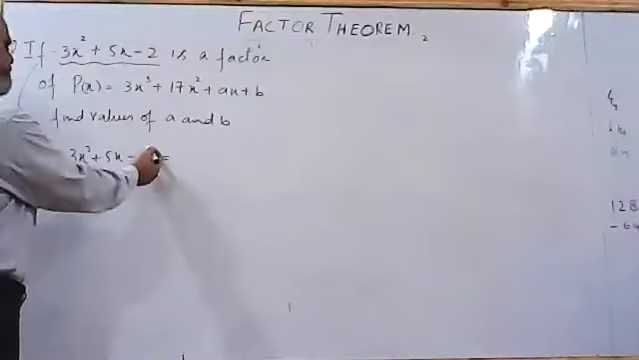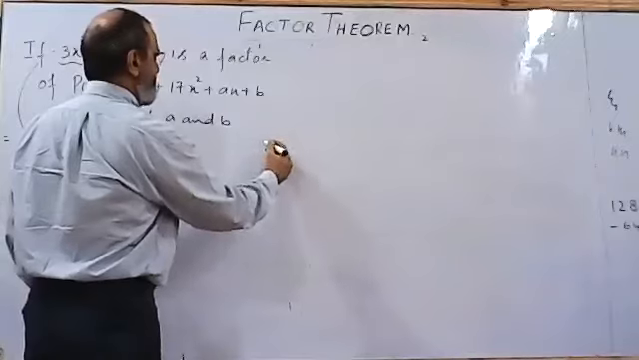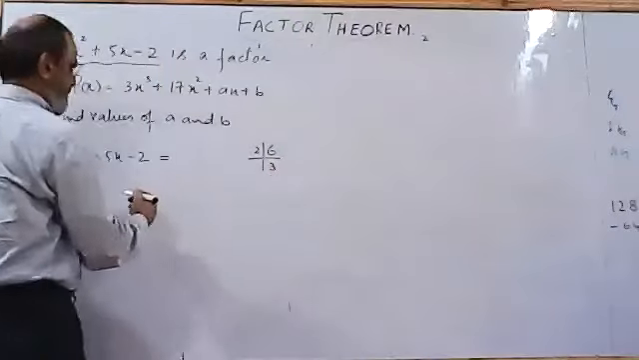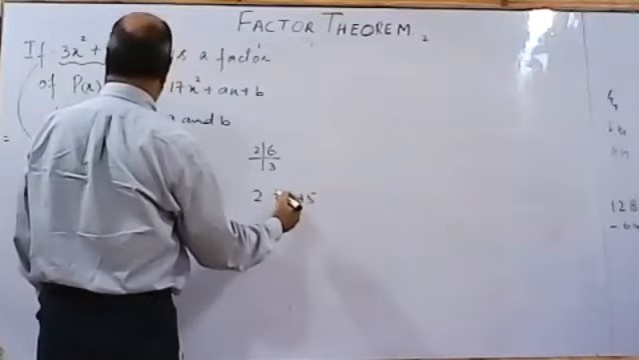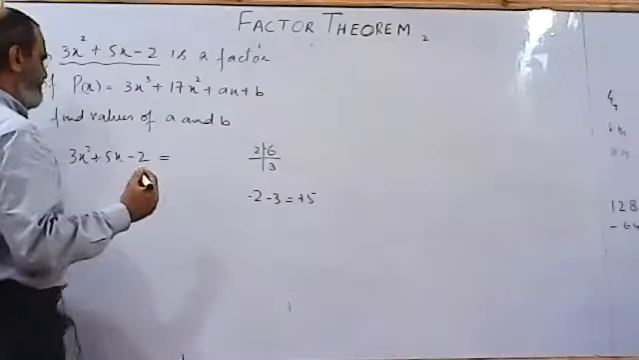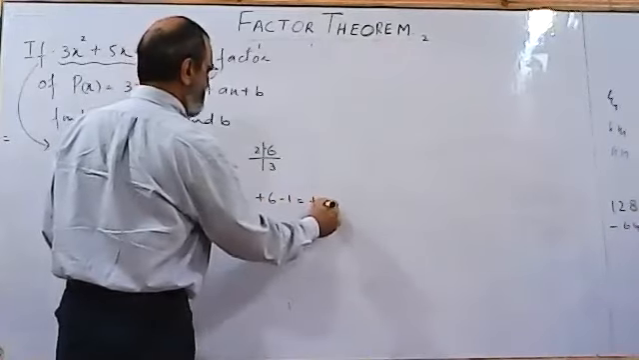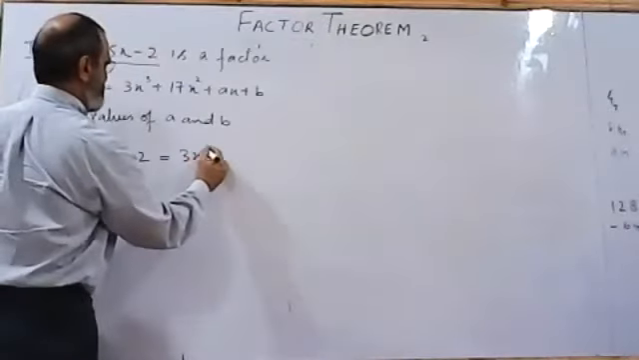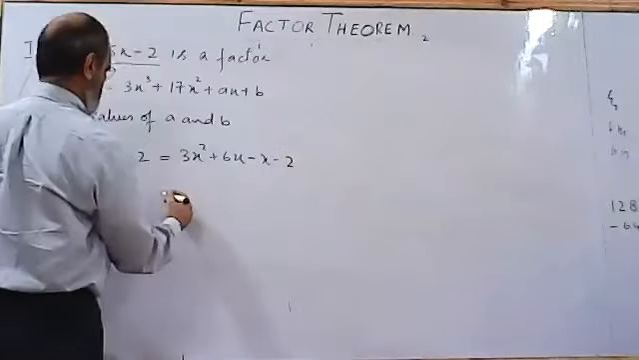The product of 3 and 2 is 6. So two factors of 6. Factors of 6 that give you 5 are 2 and 3. So I need 2 and 3 to get positive 5. But the product is negative, so I have to use a negative. Sorry. It will be positive 6 and negative 1. So 3x squared plus 6x minus x minus 2. That gives you